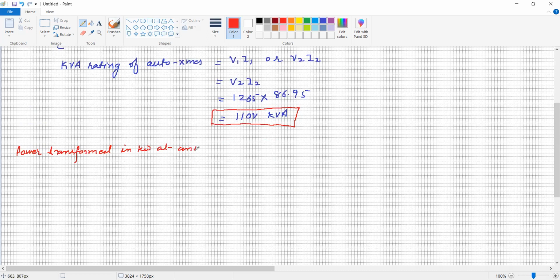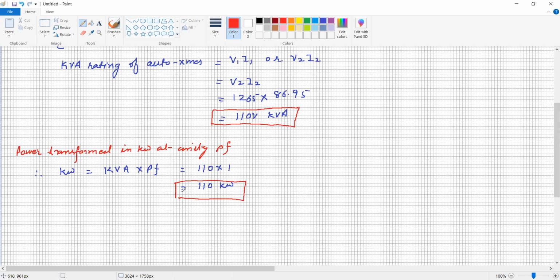at unity power factor. So it is quite simple. At unity power factor, therefore, kilowatt is equal to kVA of auto transformer multiplied by power factor, which is equal to 110 multiplied by 1. So it is simply 110 kilowatt. So power transferred is 110 kilowatt. Next question is